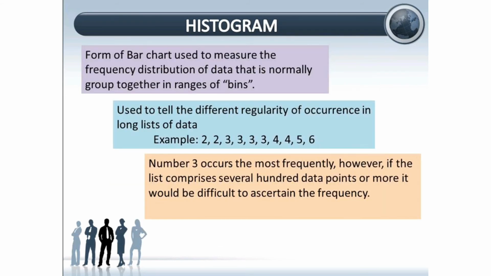Histogram. A histogram is a form of bar chart used to measure the frequency distribution of data that is normally grouped together in ranges of bins. It is also used to tell the different regularity of occurrences in a long list of data. For example,